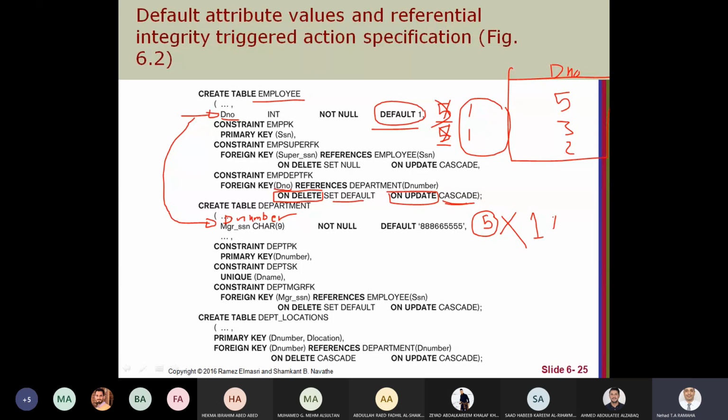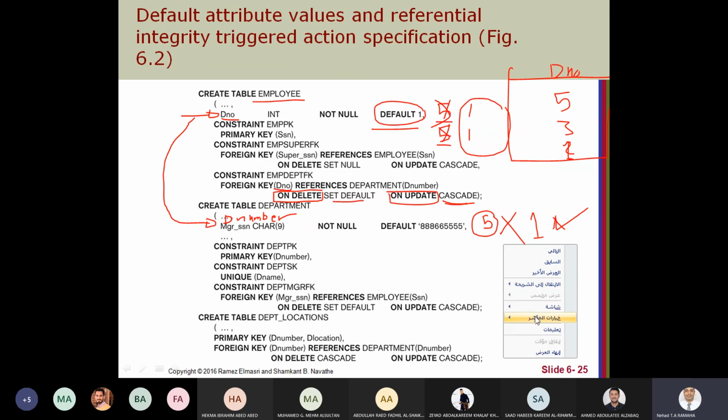Now if I want to delete department number 1, it will be okay. Then when will it be rejected? It will be rejected if I try to delete and we have department number 1.